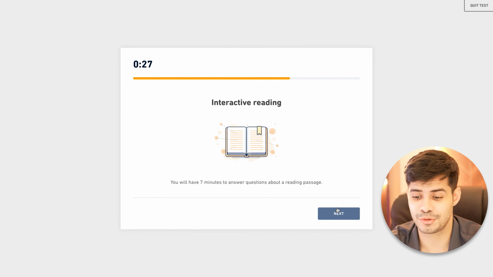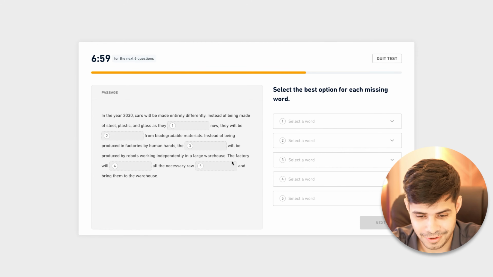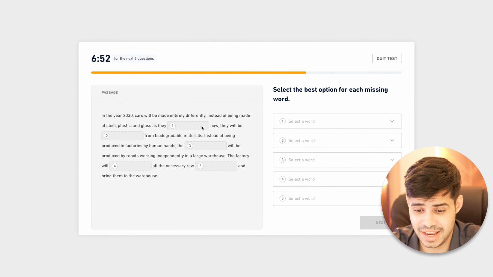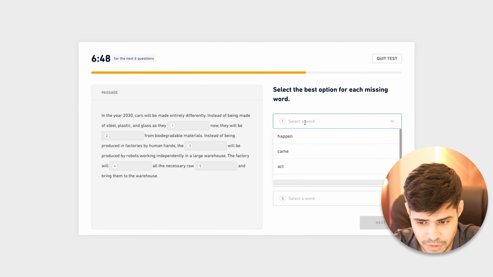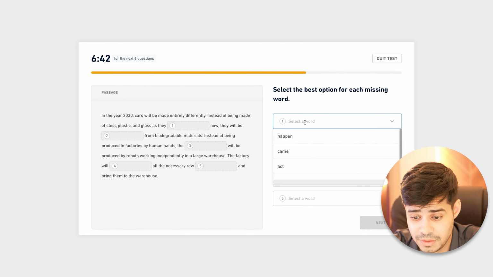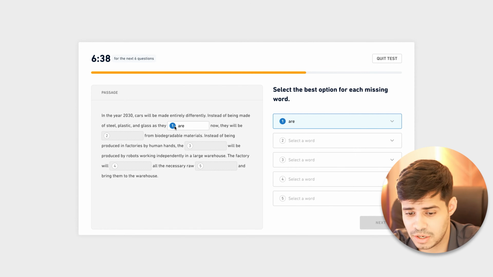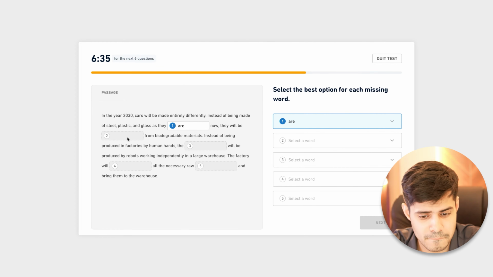Interactive reading. We have made it to almost the, all right, second part of the test. In 2030, cars will be made entirely differently. Instead of being made of steel, plastic, and glass, they dash now. Okay, they dash now. They are now. As they are now, right? So instead of being made with steel, plastic, and glass as they are now, they will be made from,